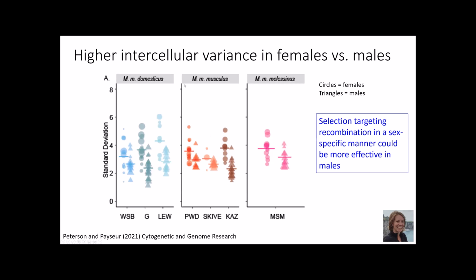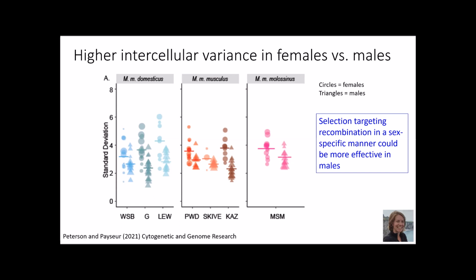She also found higher intercellular variance in females versus males, and she found this consistently across all strains. So this means that oocytes vary more in their overall crossover rate than spermatocytes do within animals. The circles are females, the triangles are once again males. And the fact that this is consistent across strains